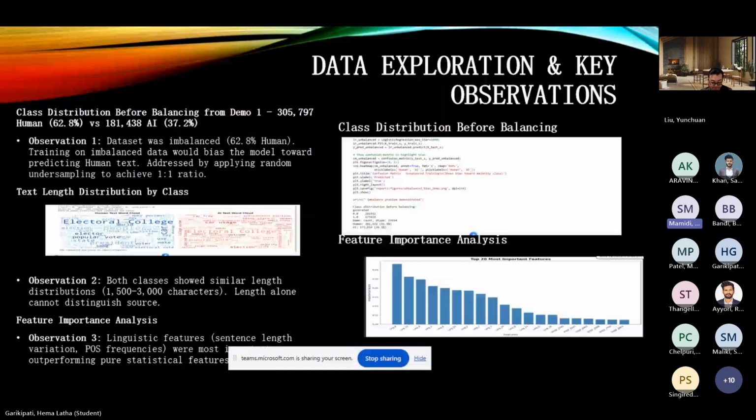So, coming to the data exploration and key observations, our exploratory data analysis revealed three main observations. Firstly, as shown in the class distribution chart here, the dataset was significantly imbalanced with 62.8% human written samples. Training on imbalanced data would bias the model toward predicting human text, resulting in poor AI detection performance. So we addressed this by applying random undersampling to the majority class to achieve a balanced